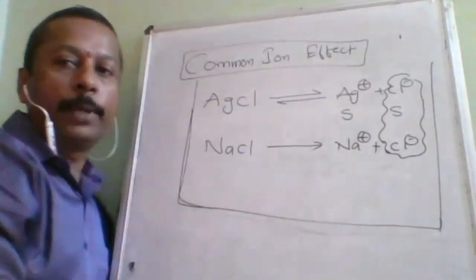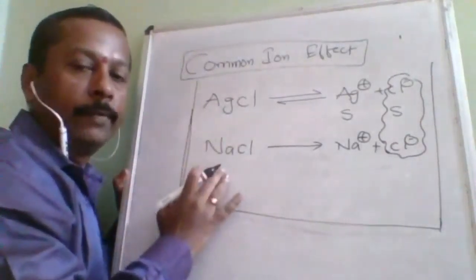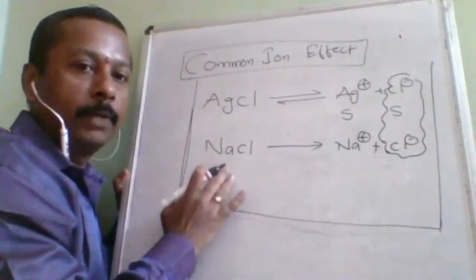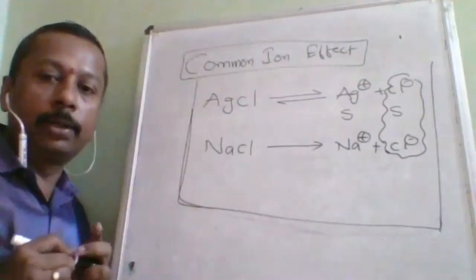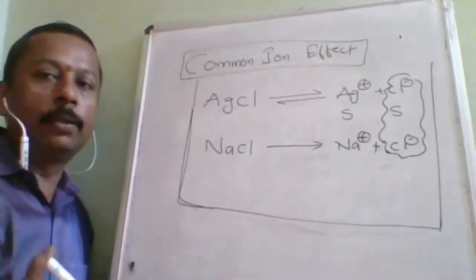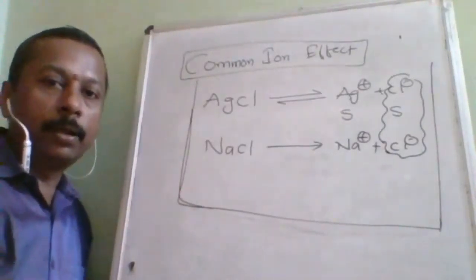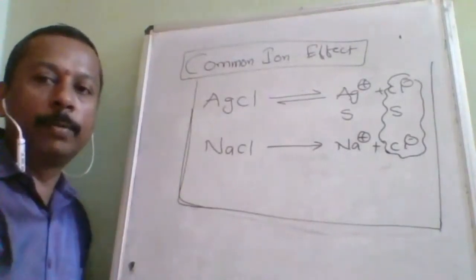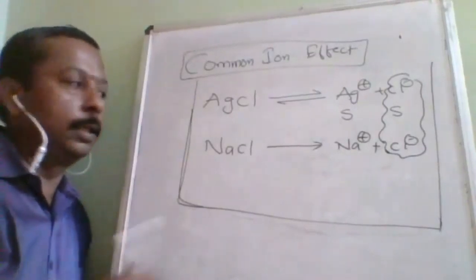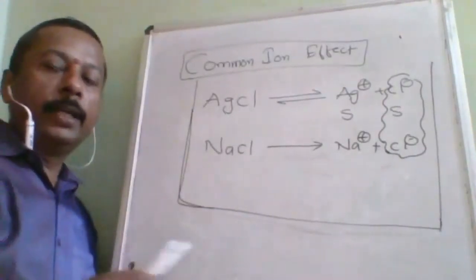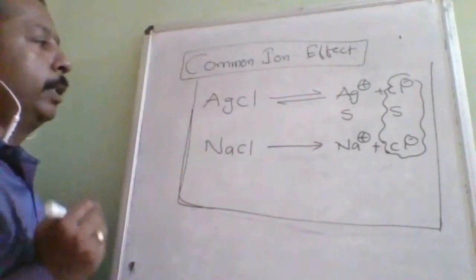Understood? So that suppression of the solubility of a weak electrolyte when another electrolyte which is strong is added to it, which has one common ion, is called the common ion effect. Common ion effect is what? Decrease in solubility of what? Sparingly soluble salt, when another salt is added, which type of salt, a strong salt, which should not go back to the basics, that is the solid, undissociated form. So when it is added and one common ion is there, that is called the common ion effect. Is it understood, common ion effect?